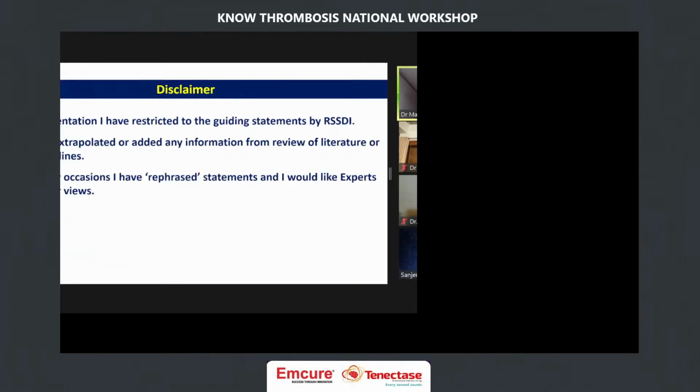First, a disclaimer. In this presentation, I have restricted myself to the guiding statements made by RSSDI in the paper that I'm going to place next. I have not extrapolated, reviewed, or added any information from the review of literature or guidelines. We may take that up during the discussion if required. Only at two or three places have I rephrased the statement, and I would like the experts' opinion about that. So this is the guideline that appeared in the International Journal of Diabetes in Developing Countries